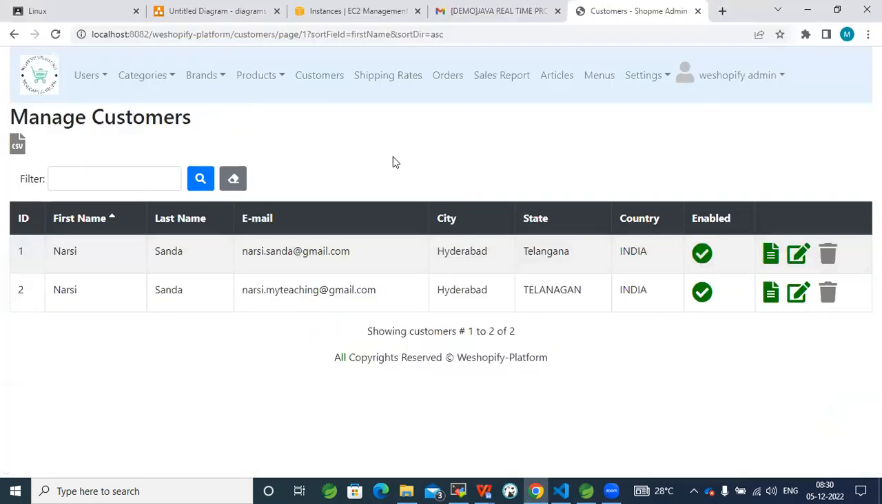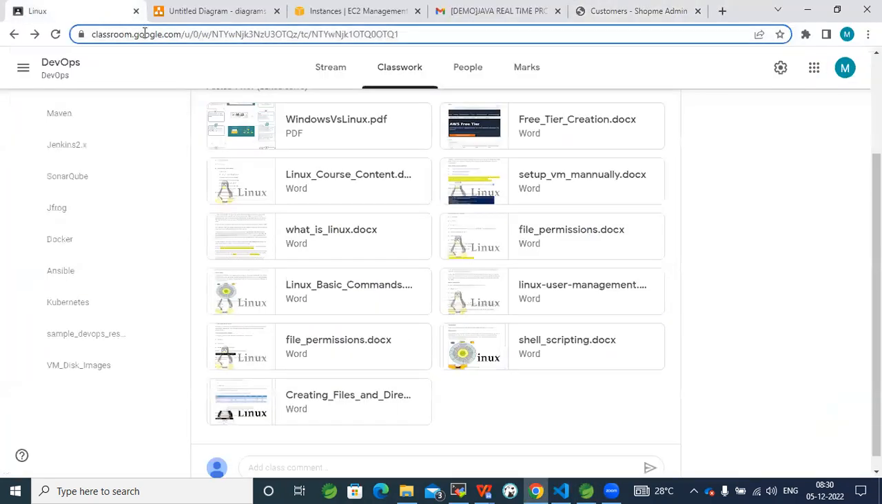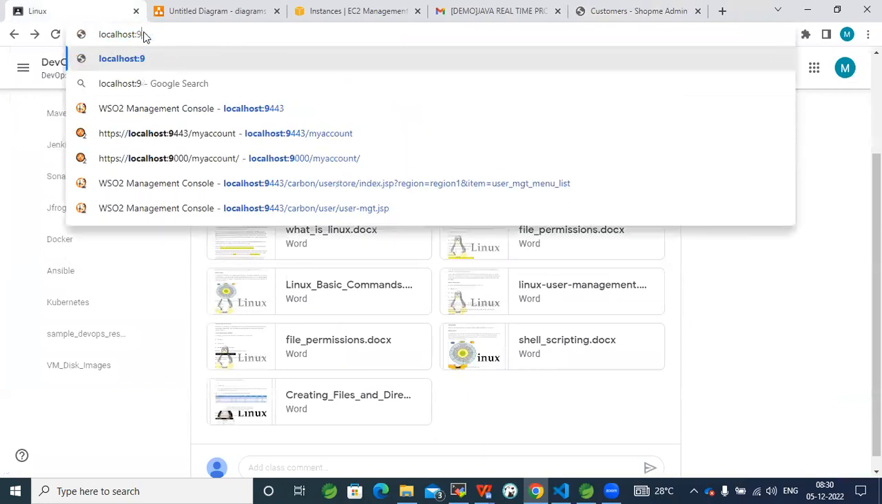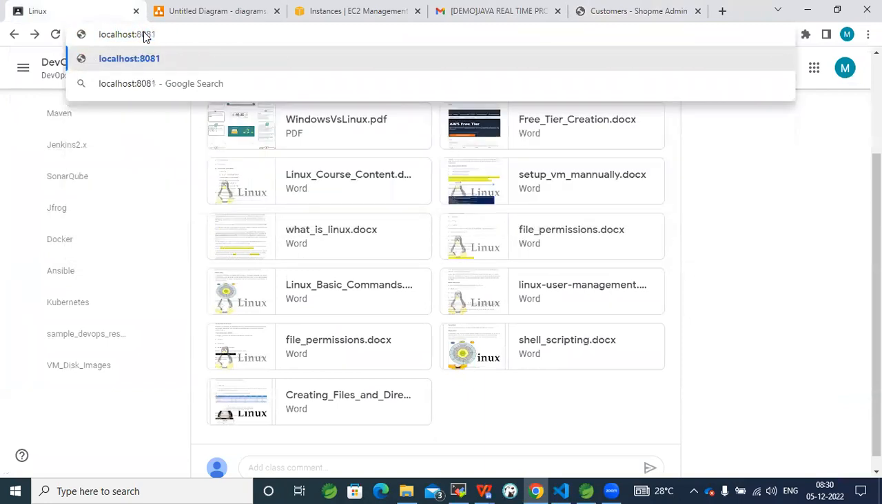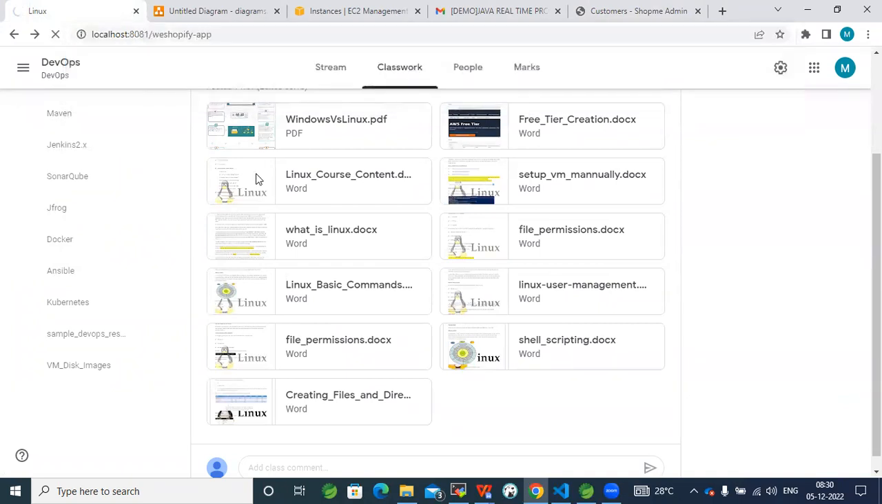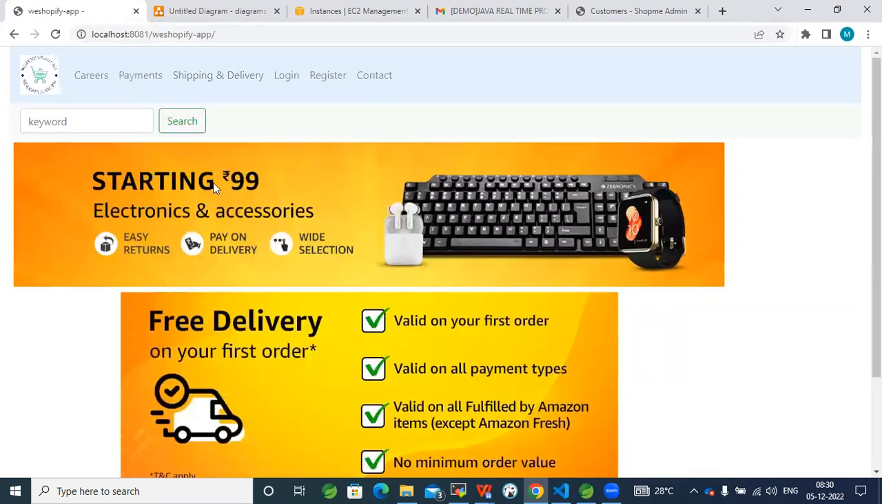Similarly, there is a front office application for us. So let me open that front office application at 8081/Shopify-app. This is the front office application. It will be used by the customers, meaning the real users. These real customers can see the products,